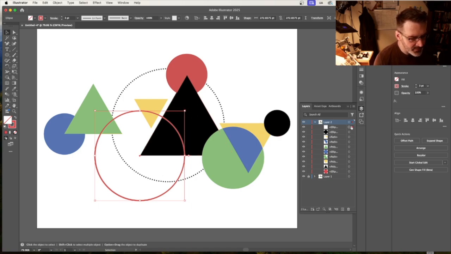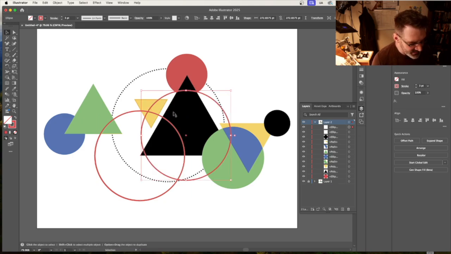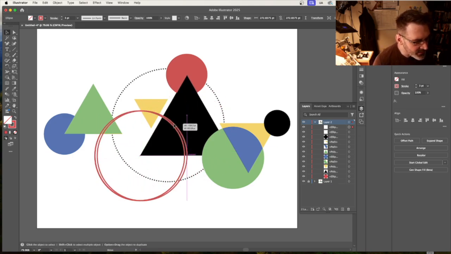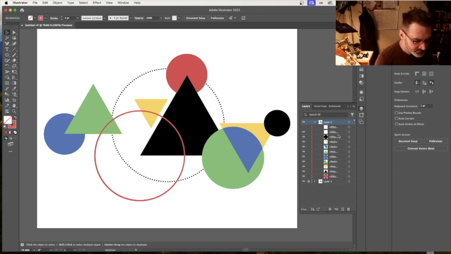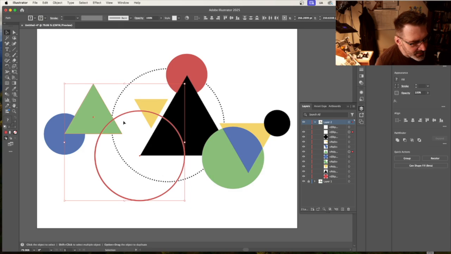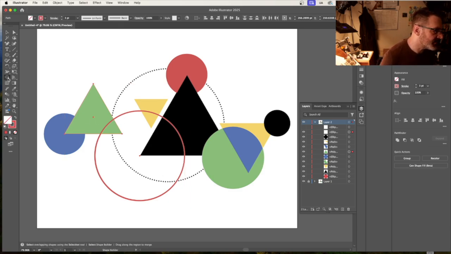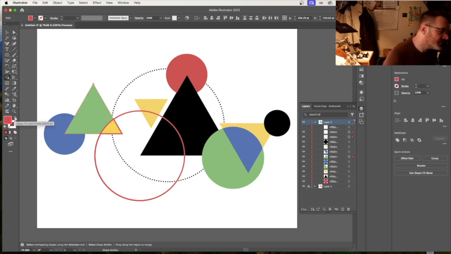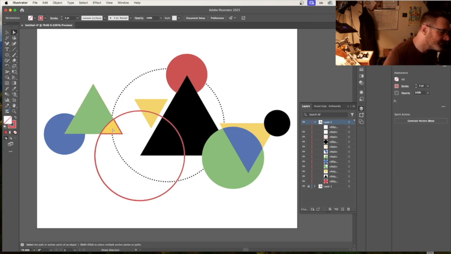Now, what I'm going to do before I move on forward here is copy this and paste it in another one and let it snap to the original so I can get back to it if I need it. Now what I'm going to do is select both the triangle and the circle, and I'm going to use the Shape Builder tool once again for this little section of green circle that I've got down here. And then I'm going to select that little section,